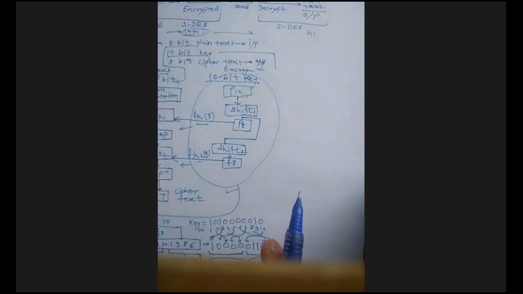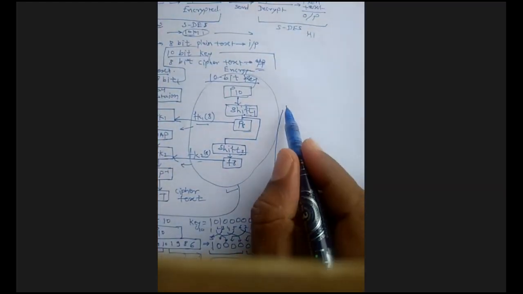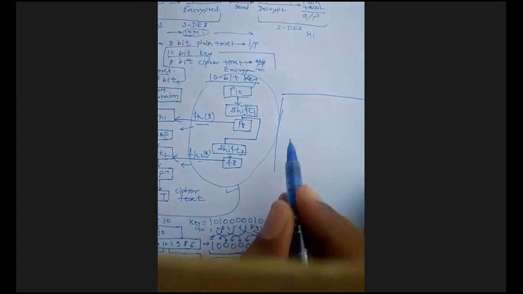So this key 1 and this key 2 you have to apply on your 10-bit. That is the 10-bit key generation, and you have to apply it on the 8-bit plain text, and that is going to convert to the ciphertext. Okay. So what we have got, I just have to conclude the explanation. So you have to join again. I will explain how you are going to write the write-up.